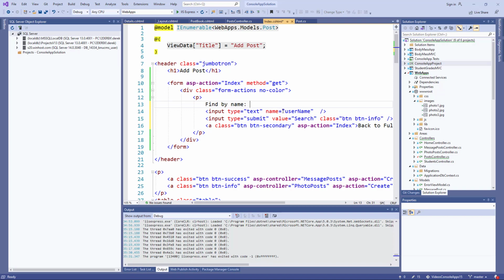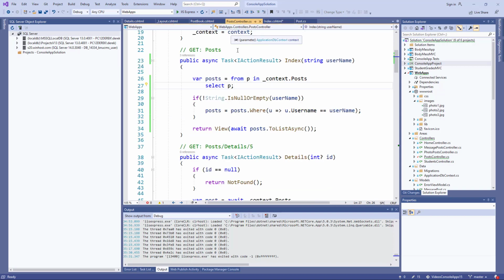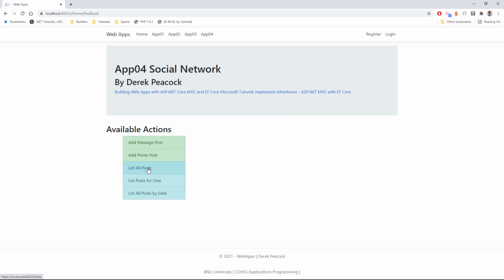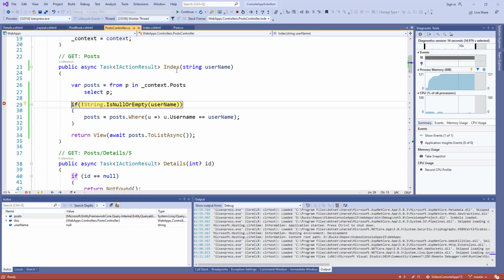Okay, and the key thing is the name here. That name there has to be the same as the name in the index method parameter. I can show you that if I go back to the post controller and we put a breakpoint there and run it. This is the first time it's coming here, so the username is null, so it doesn't do this. If I continue,